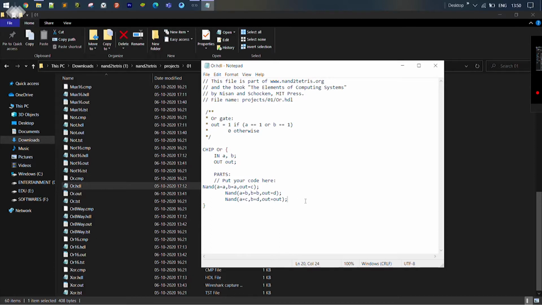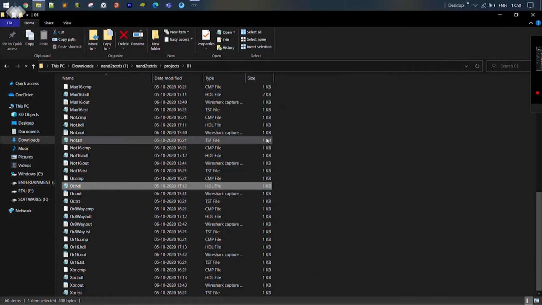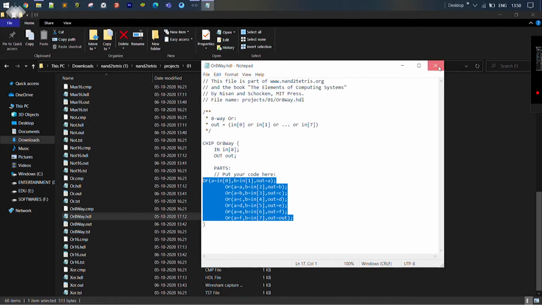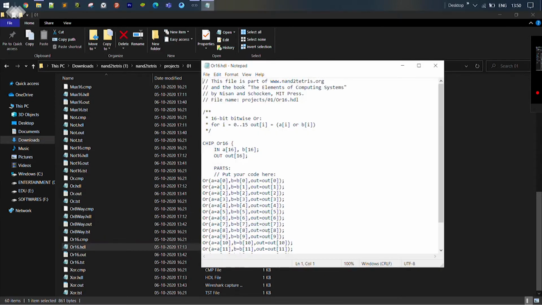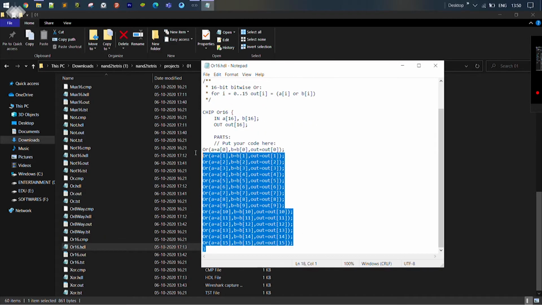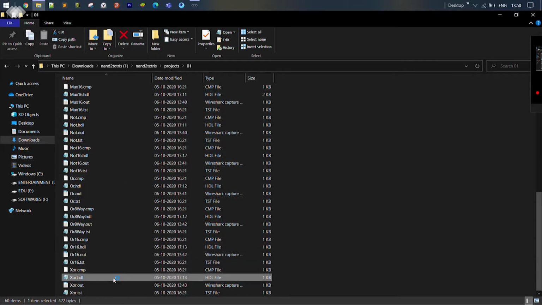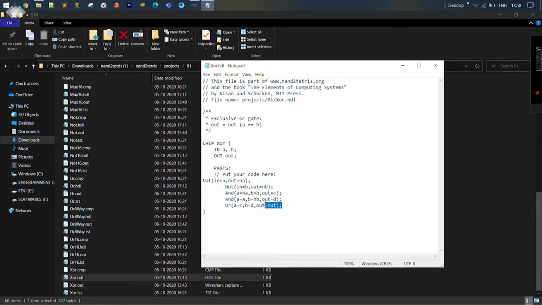This you can learn, like these totally depend on each other, so you'll be getting a bit confused. So Or8Way, these, Or16, these, and the final one XOR, these.